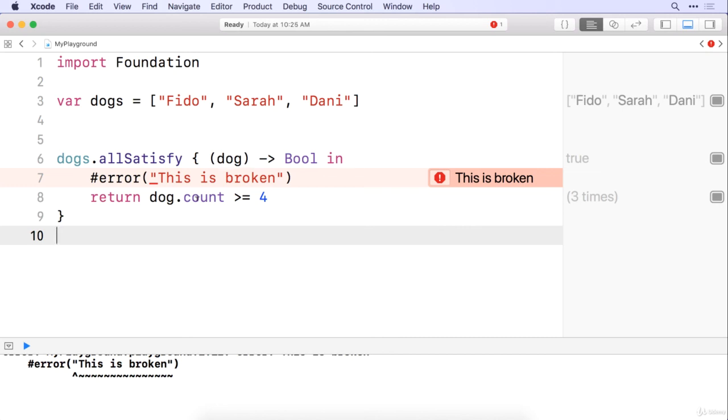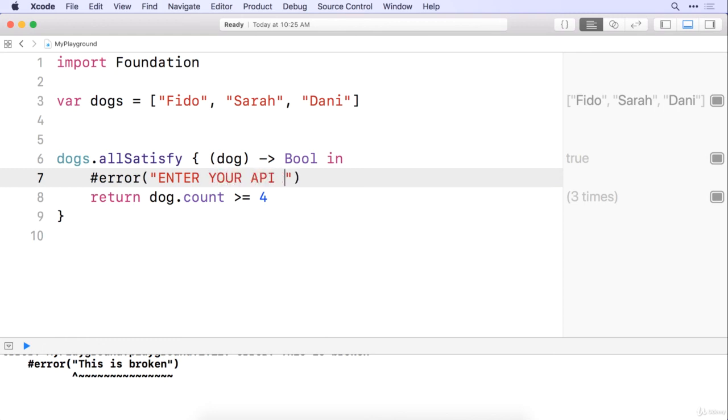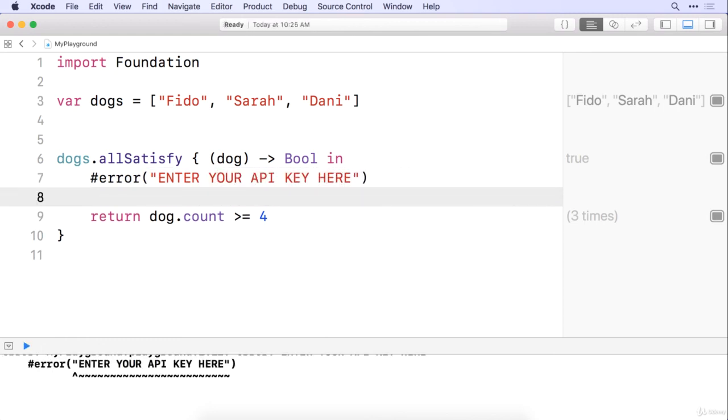why in the world would you ever want to do this to your own code? Well, you could personally do this if it's like, do not run this code until I've figured out X thing. That seems like a really weird situation. I can't really think of a time you would get yourself into that. But Paul Hudson, who is a great Swift instructor, had an awesome example on his blog. If you were making some sort of SDK or API handler that someone could import to your project, maybe via CocoaPods or something, where someone needed to enter an API key, you could make one of these errors that says, enter your API key here, and this would essentially,